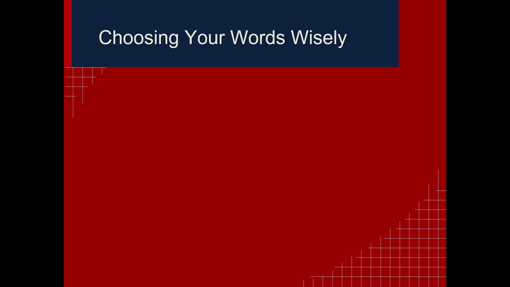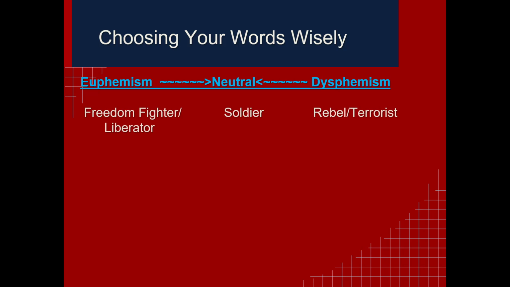Please don't underestimate the power of words. People are paid a lot of money all around the world to pick particular words that influence us a certain way. Let's look at some examples here. I mean, why do some news stations call some groups freedom fighters and others terrorists or rebels? Because they want us to be persuaded one way or the other. If they want us to like them, they'll call them freedom fighters. If they want us to hate them, they'll call them terrorists.